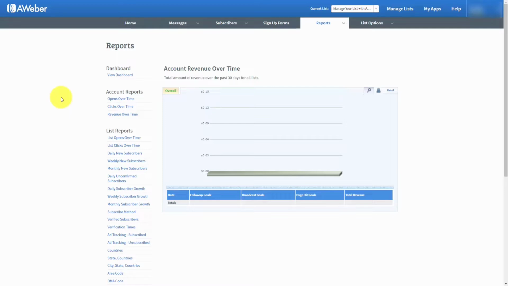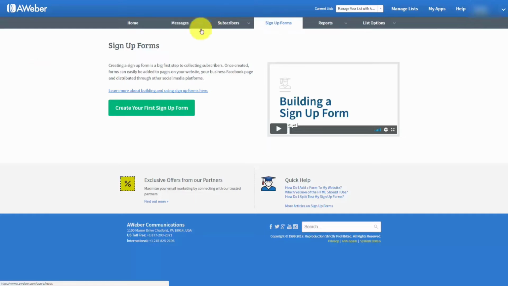Welcome back. We will now look at the sign-up forms, and you can get to the sign-up forms by going to the sign-up forms tab and clicking this link. Now, when you first reach the Sign Up Forms tab, you can actually click this button, which will take you through a wizard. We're going to go ahead and click this green button to create our first